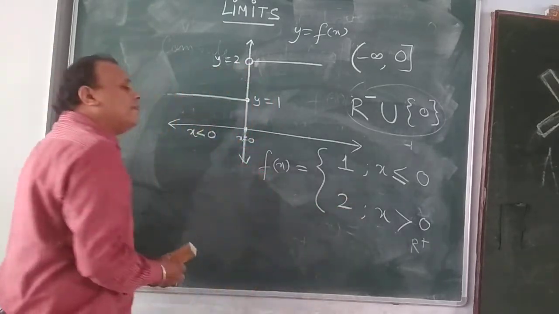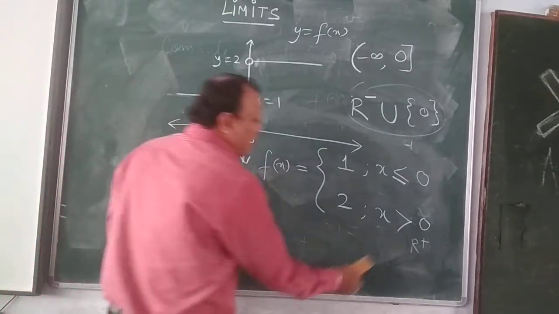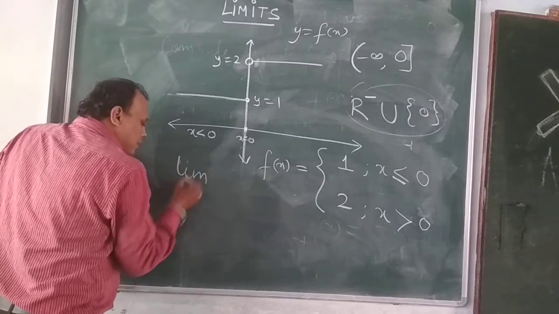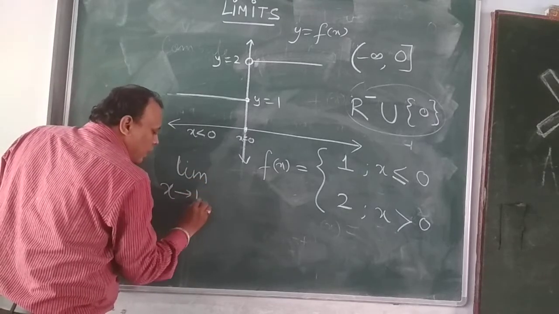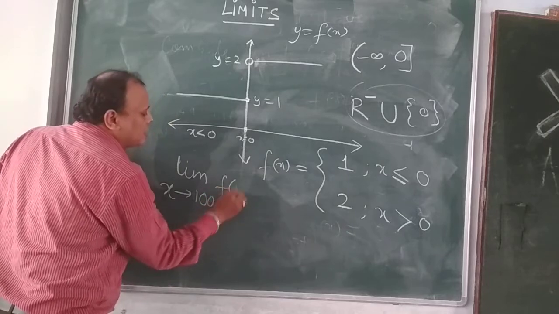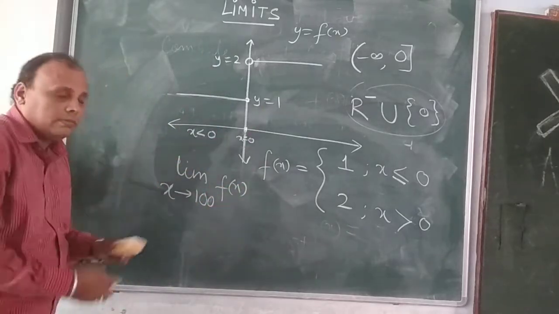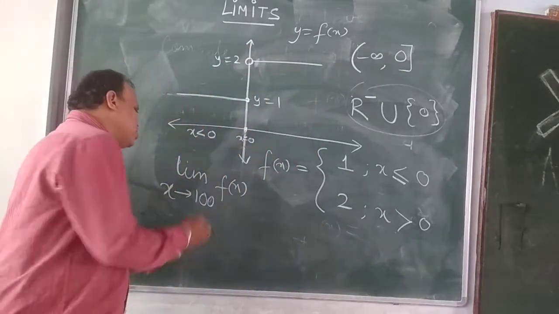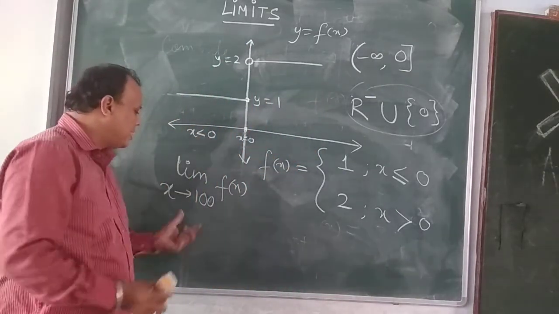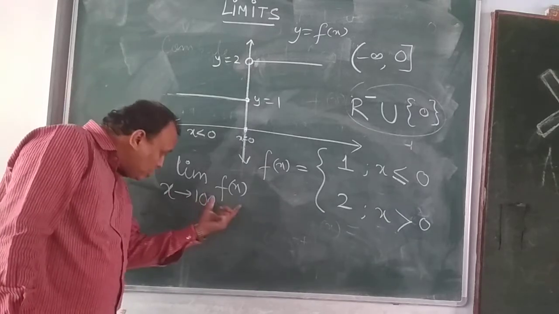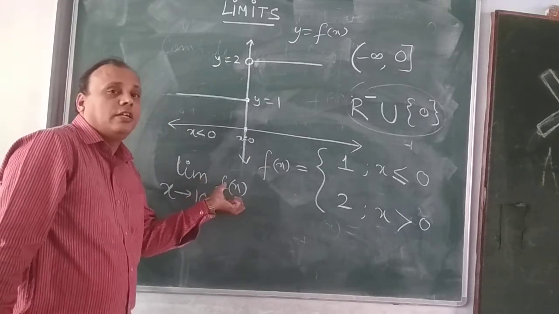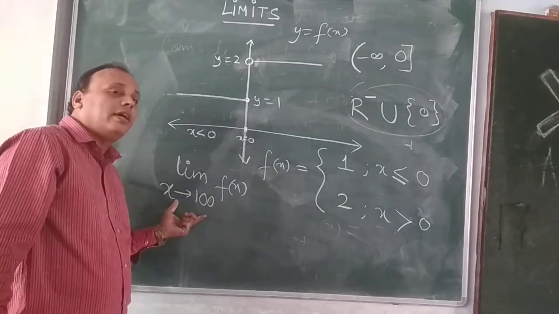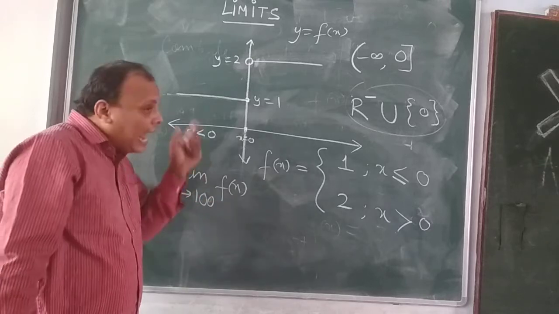2. Now if it is asked, calculate the limit of the function as x tends to 100. If this particular situation and diagram are given, and you are asked to calculate the limit of the function as x tends to 100, so we have to actually compute the limit of the function at x equal to 100. We are supposed to calculate the limit of the function at which point?